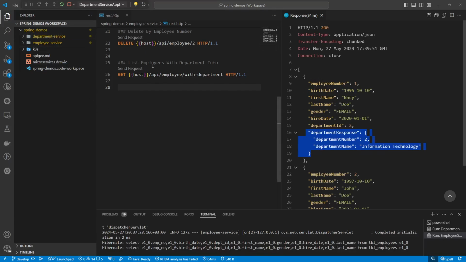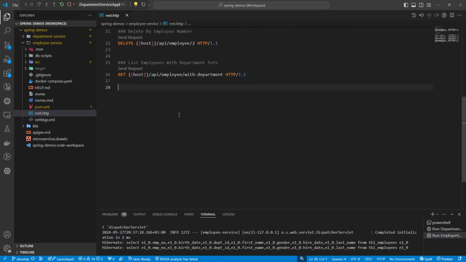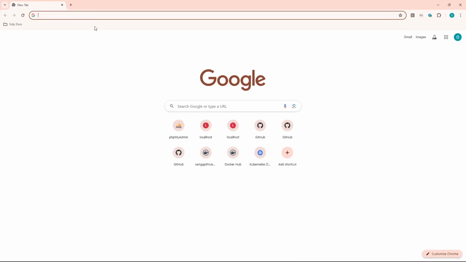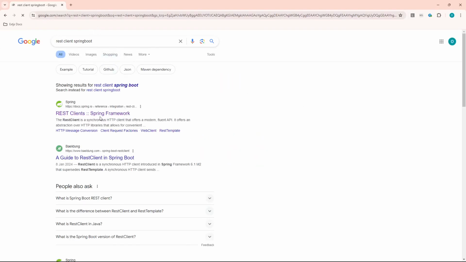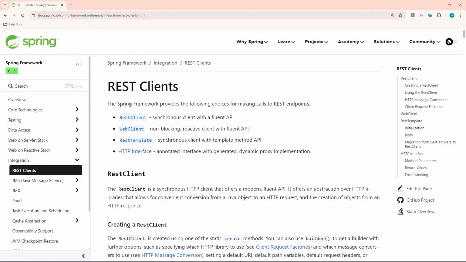So today we'll be able to see the different REST clients that are available within Spring Boot. To get started, I'm just going to walk you through the first step: go to your browser and just type REST clients Spring Boot. Once you search REST client Spring Boot and click on the first link, you're able to see